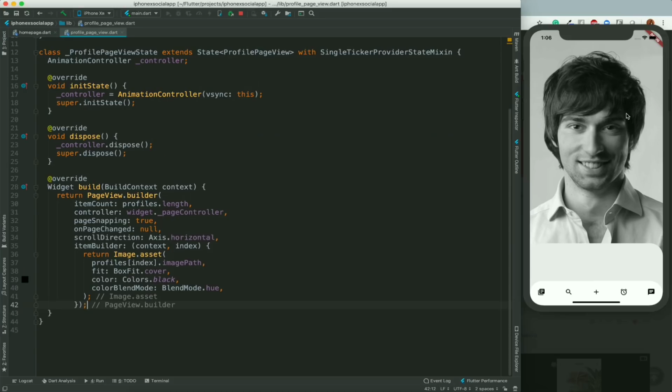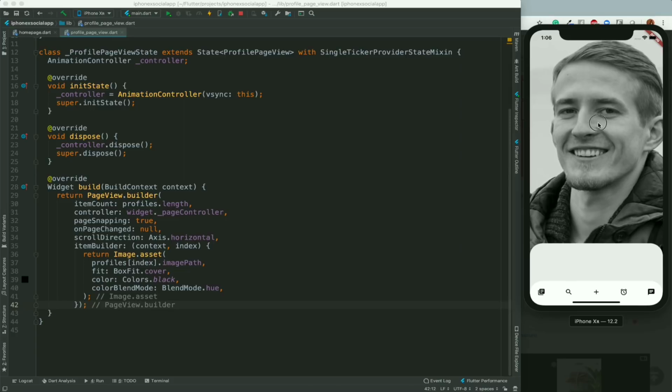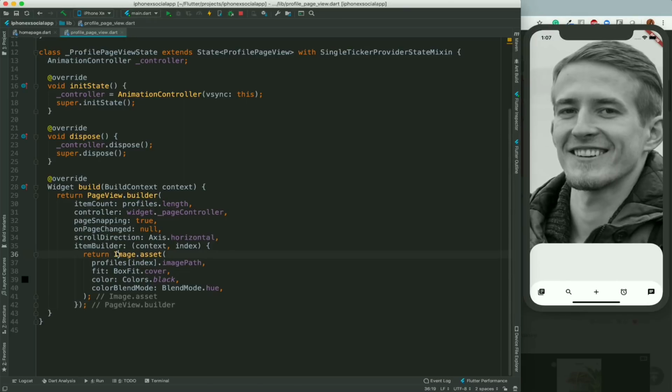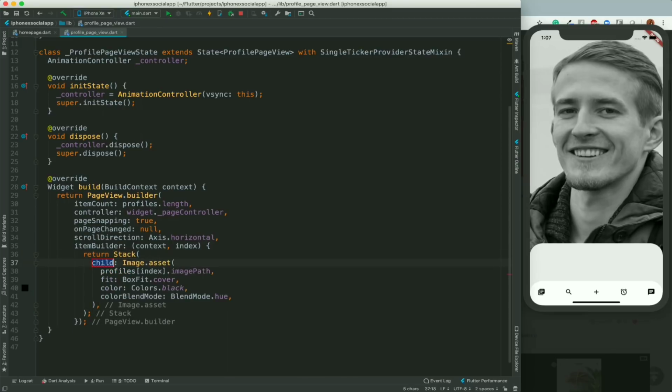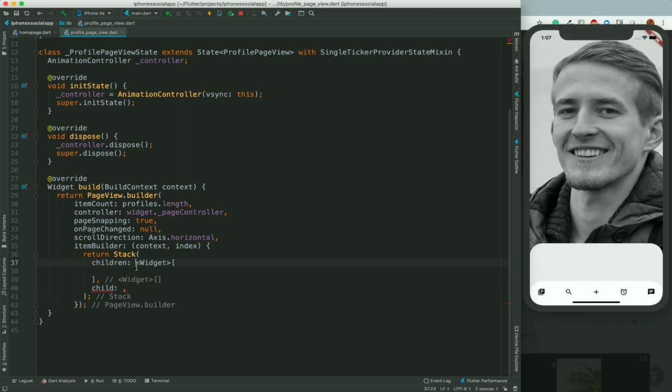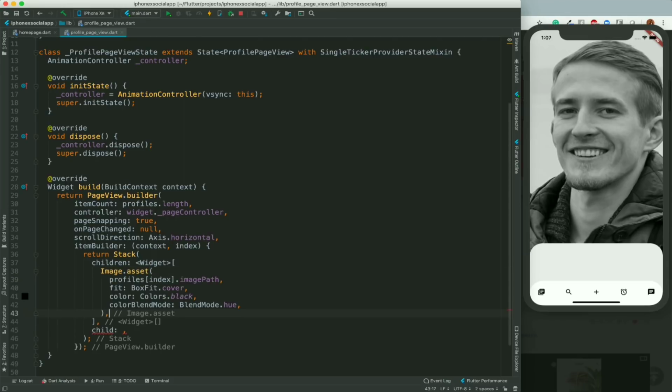Meanwhile the app is running now. Let me check. Yeah, nice, fine. So it can happen that text will come here and this white will merge with that text color. So it should be best practice to wrap it inside a stack and introduce children. So my first child will be this image, okay, and